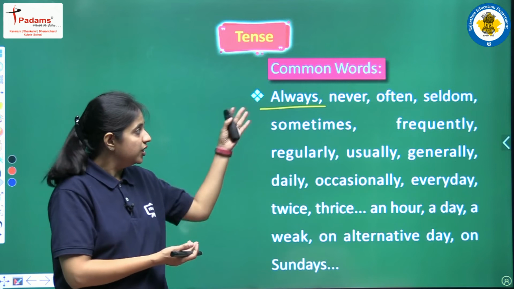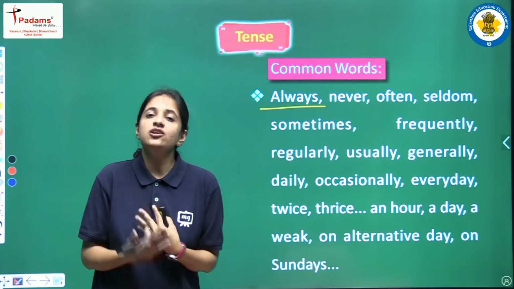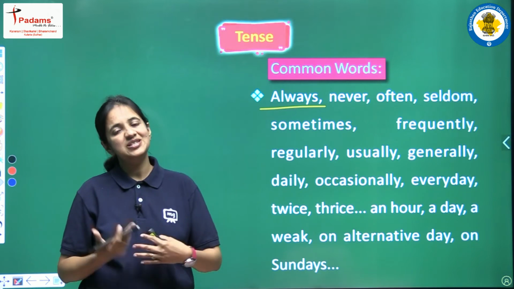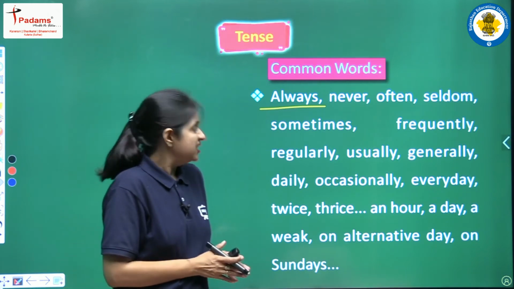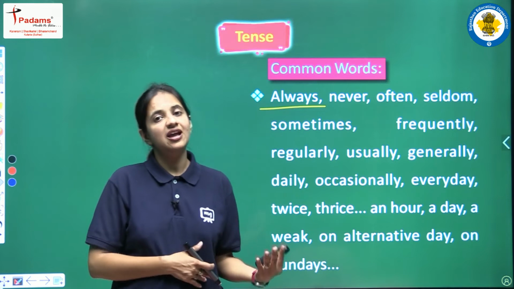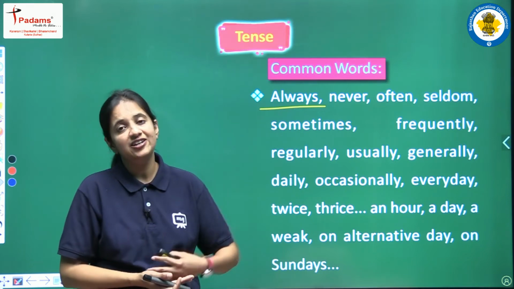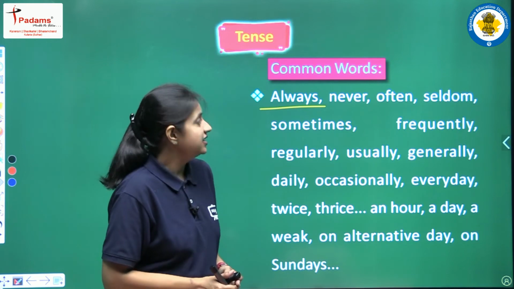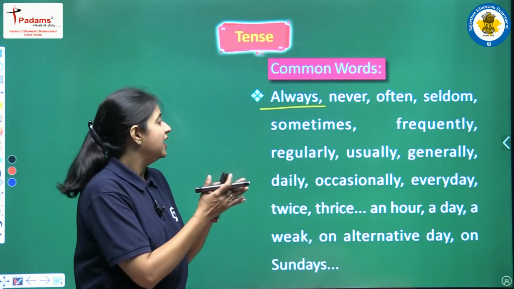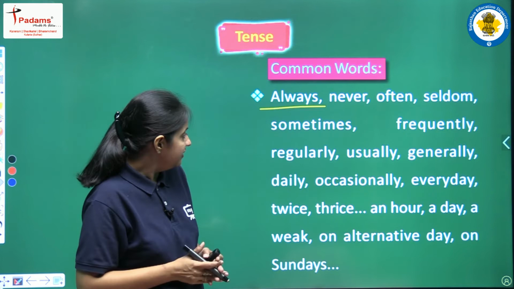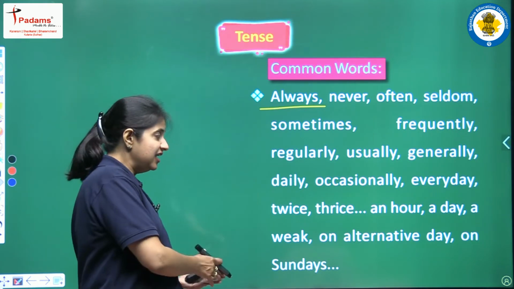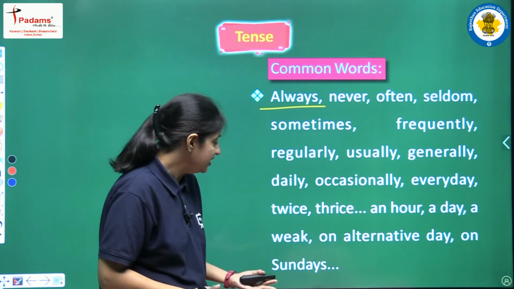Okay, so ये जो words होते हैं, ये words वहीं use होते हैं generally जहाँ हम किसी की daily routine बताते हैं, जहाँ हम किसी की habit बताते हैं. Okay, similarly we are having never. So never is a negative word. Okay, and it also again shows the same thing. Next we are having often, then we are having seldom, and sometimes, frequently, regularly, usually, generally, daily, occasionally, every day,